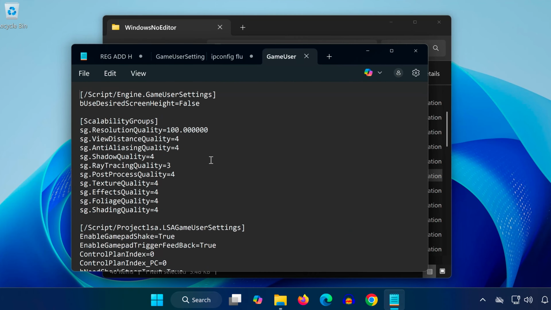And that's it. Now you know exactly where to find both the save files and config settings for Lost Soul